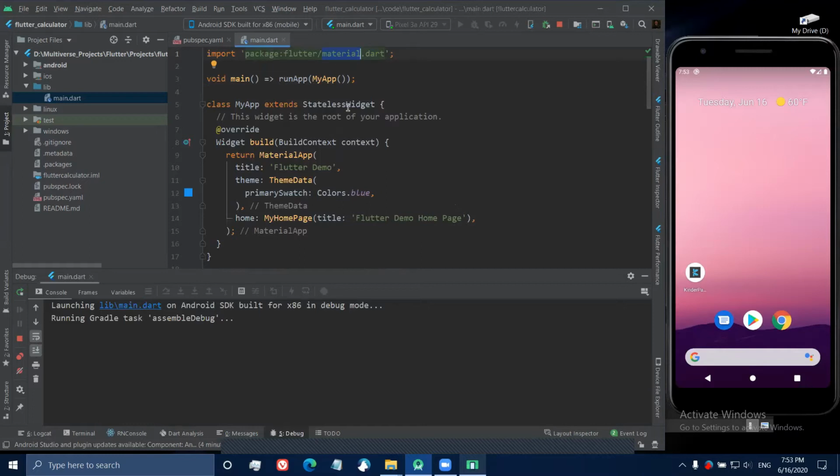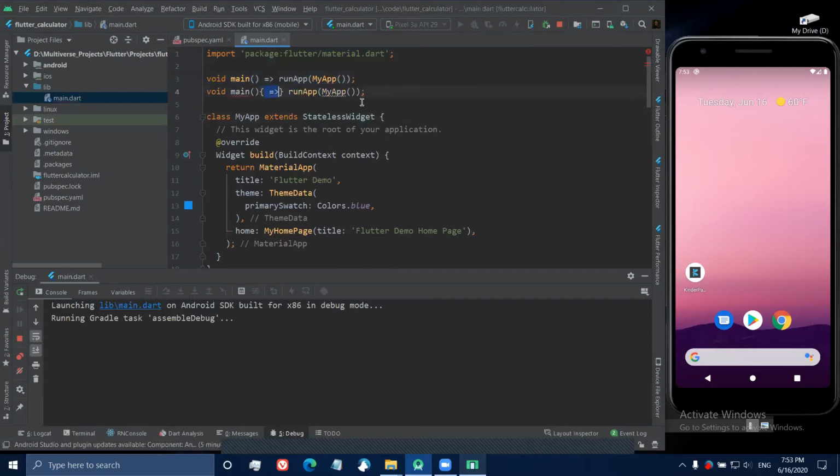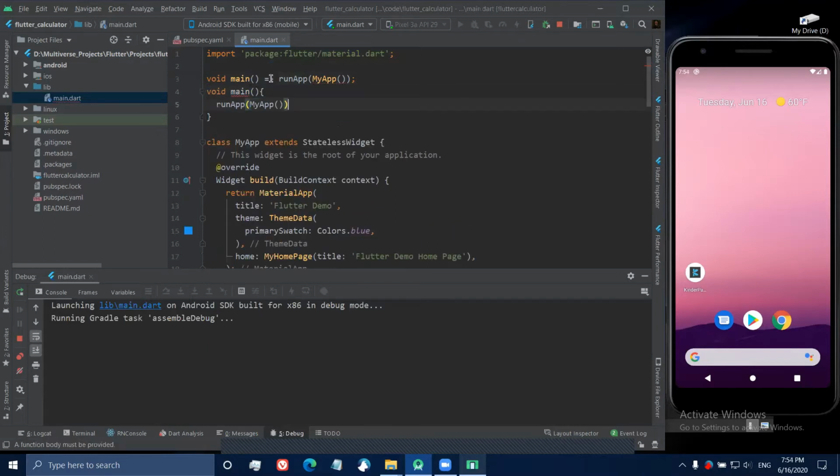Now, since I said that the main function is the entry point of the app, we'll start our code, or write our app, in the main file. What the arrow, the equals and this bracket signify is something called a lambda function. All this signifies is nothing but a function, right? You can write this as this. But what a lambda function does is, if there is only one line present inside a particular function, which would otherwise take up 3 lines,